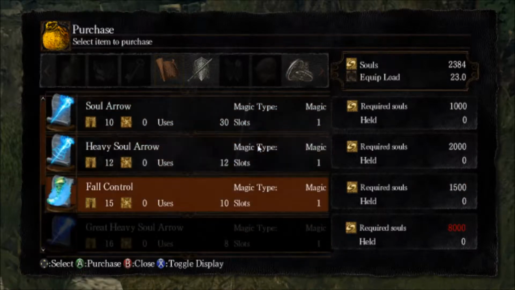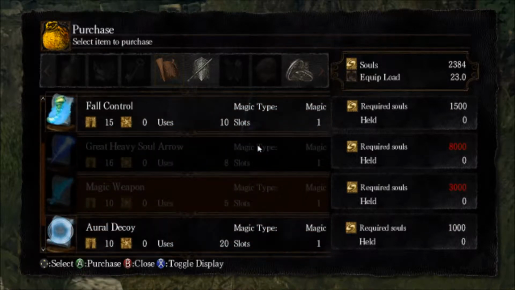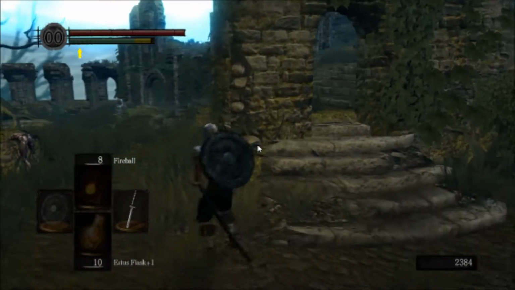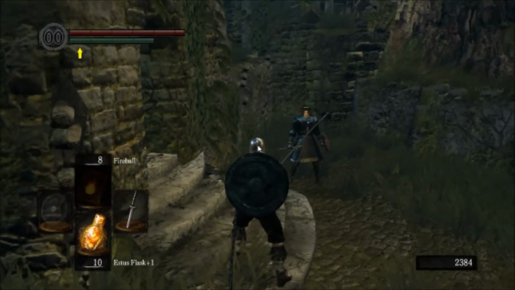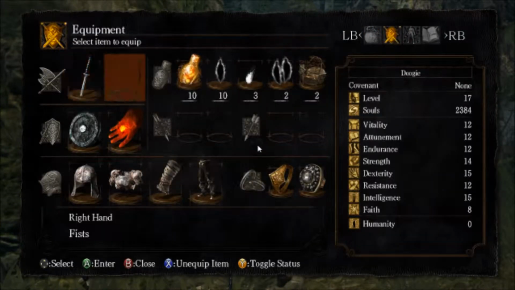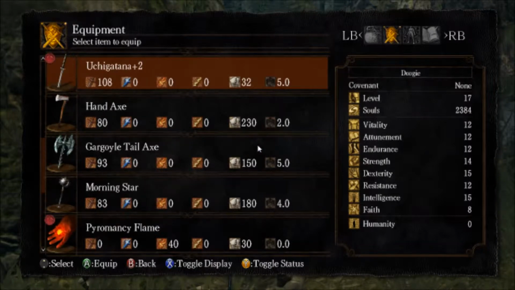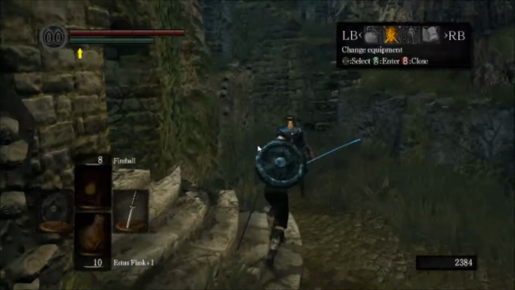And a... where is it? You'll want to get a magic weapon at some point in time. But I don't have enough souls for it, so I'll be getting that portion of it later. That's it for now. Oh, you'll also need to get a...